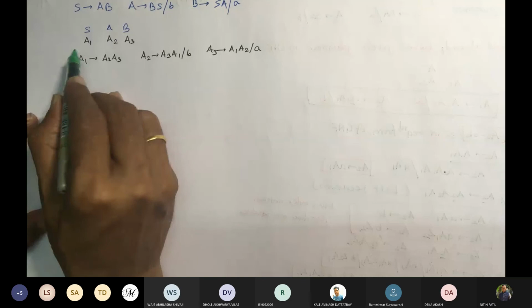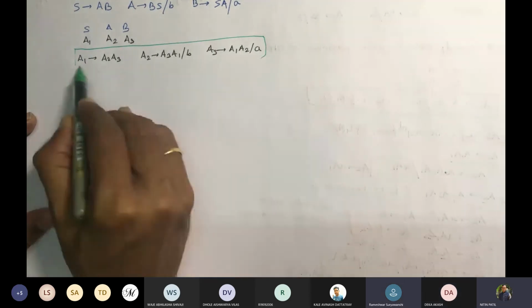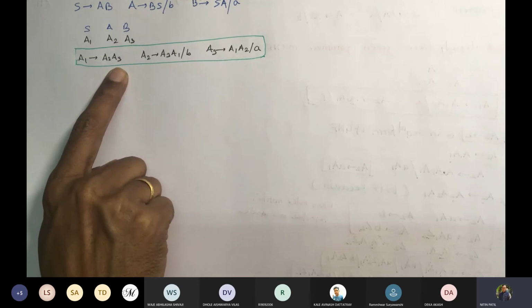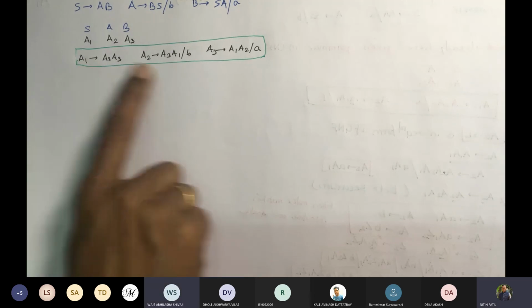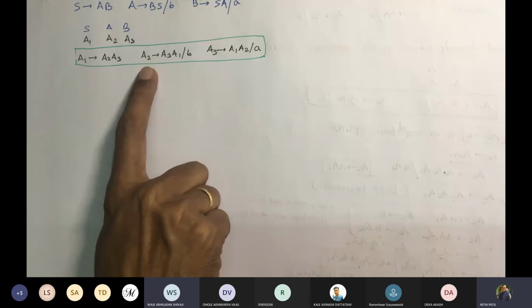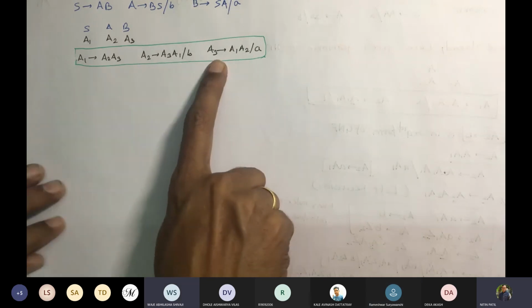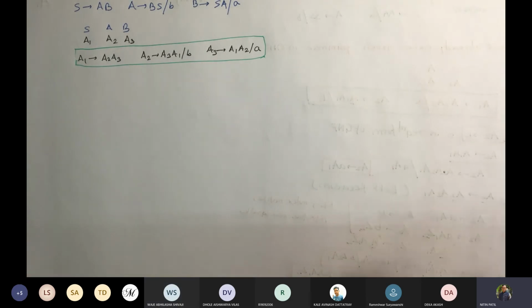Yes, sir. Okay. Now what we have to see is where the index is bigger, correct? Left hand side index is bigger than right hand side index. क्या होगा? Which production to pick first? Can we pick A1 gives A2, A3? This index is smaller, so we will not pick this. A2 gives A3. Is 2 lesser than 3? No. So now consider this A3. So now A3 gives A.